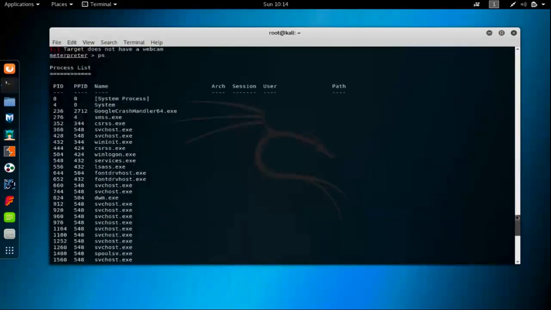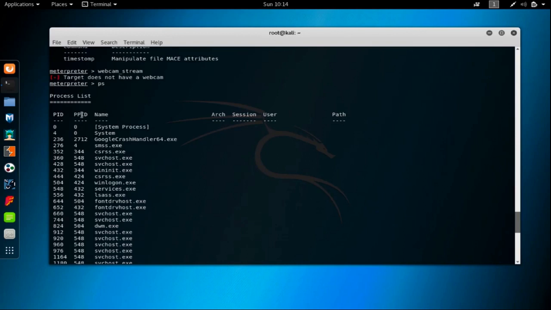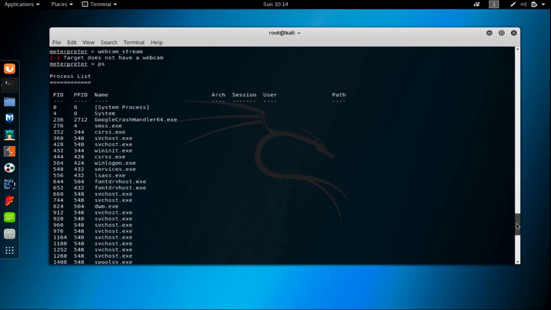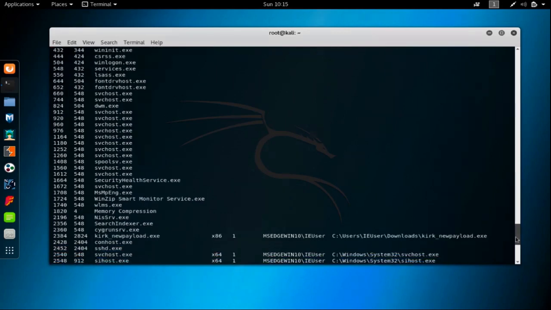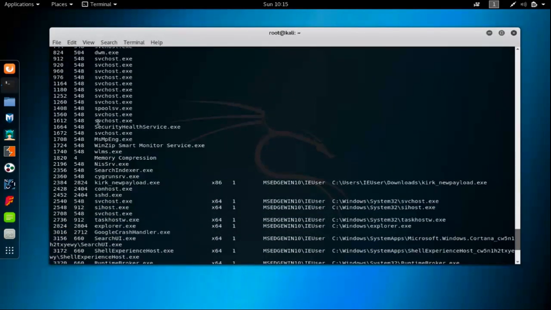As you can see, we have a lot of services running on the target machine. So we have a process ID and the name of the process in here. Most of them are actually the default Windows services, okay? Like services.exe, svc.exe, winlogon.exe. They are run by default by Windows when we first open our computer. And if you scroll down a little bit, you will see other services as well, like WinZip, and we have